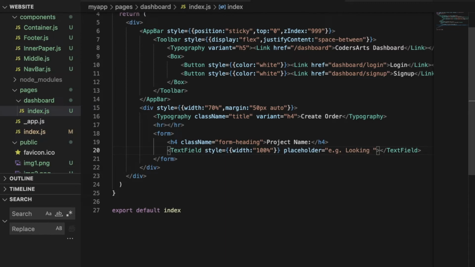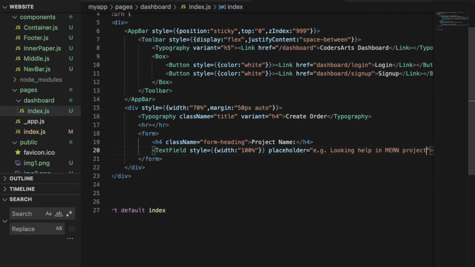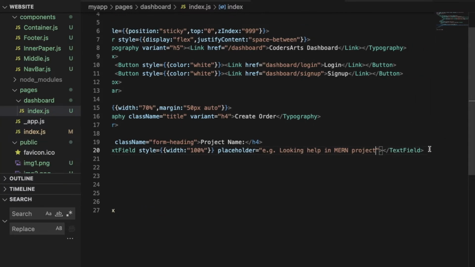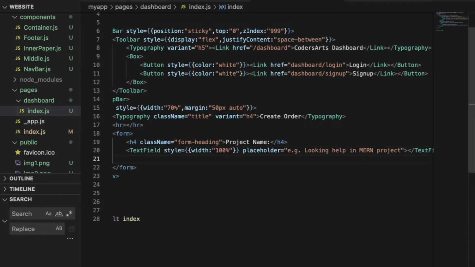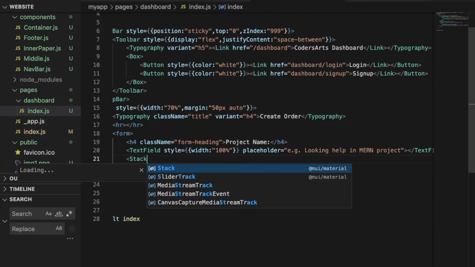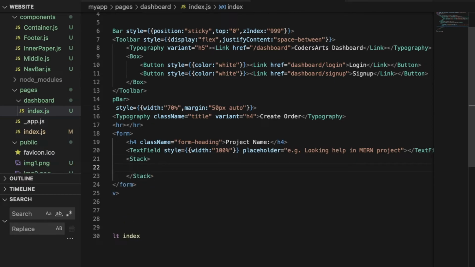Looking for help in MERN project, right? And now beneath this we'll have a stack, which would be of material UI, so we'll have this, and